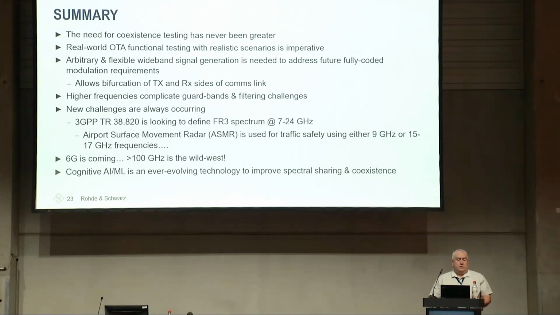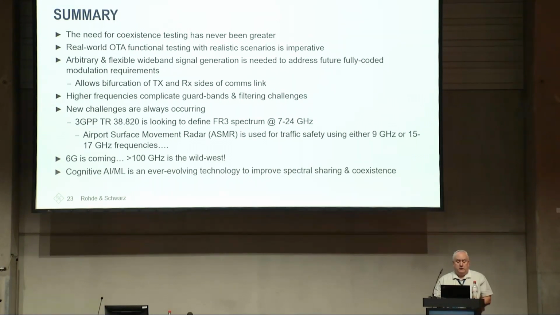So my last slide, in summary, the need for coexistence testing has never been greater. There's so much contention and desire to use the spectrum more efficiently, to reuse spectrum that isn't being used very effectively right now. Real-world OTA functional testing with realistic scenarios is the way to go. We need arbitrary and flexible wideband signal generation. We also would typically want fully coded modulation requirements. As we move into higher frequencies, the guard bands by necessity become wider. And just a couple of examples here, 3GPP